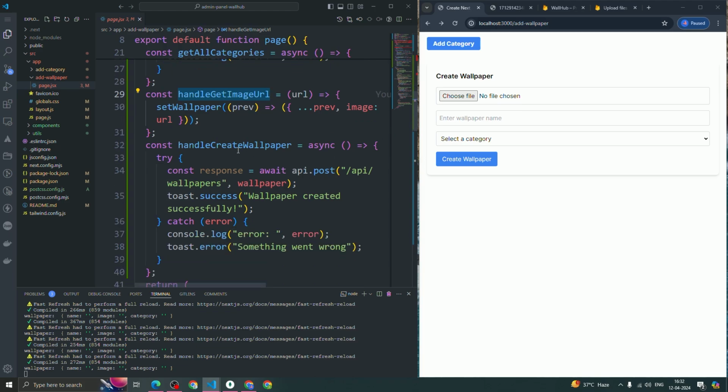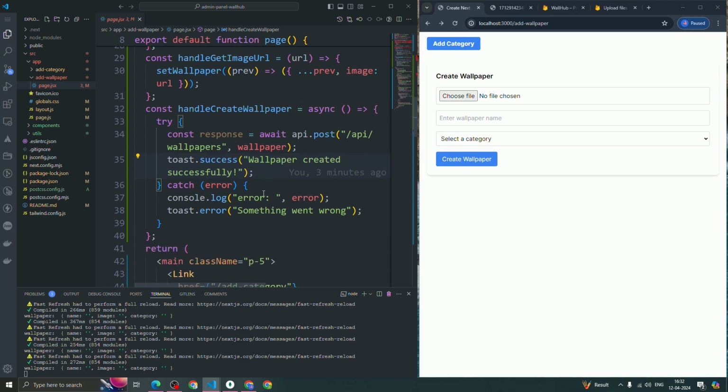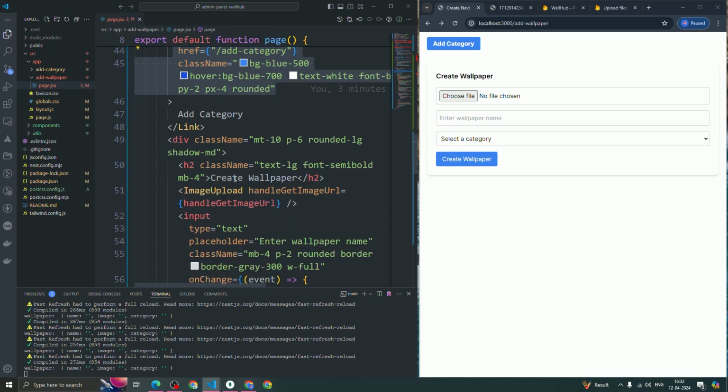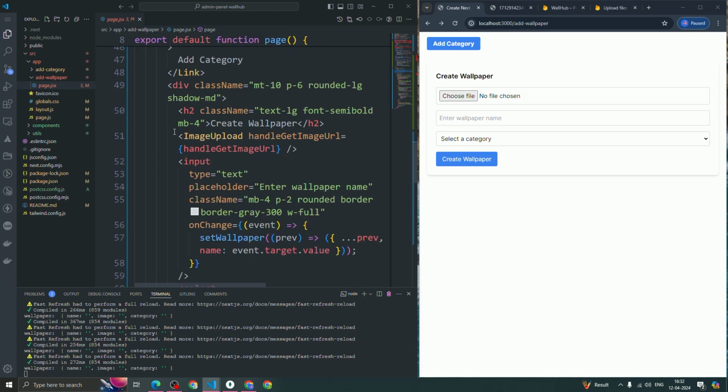Once the user clicks on create wallpaper, we are calling this function handle create wallpaper. We are making an API request to api.post/api/wallpapers, passing this wallpaper state in the body. You can see that we have name, image and category. Once it's created, we show a toast that the wallpaper was created successfully. If we get any error, we show a toast saying something went wrong. On the top we have an add category button, and after that we have an image upload where we are passing this callback function handle get image URL